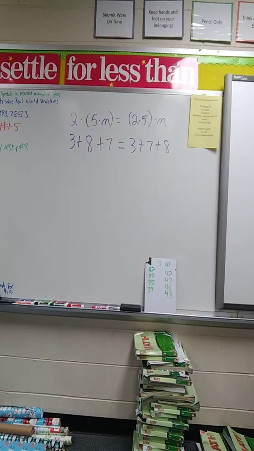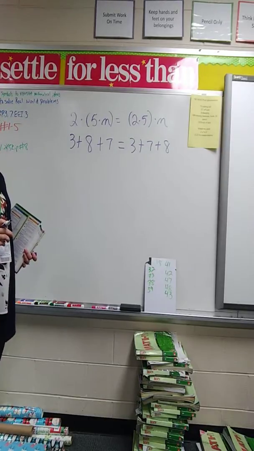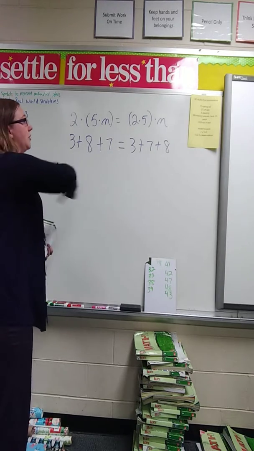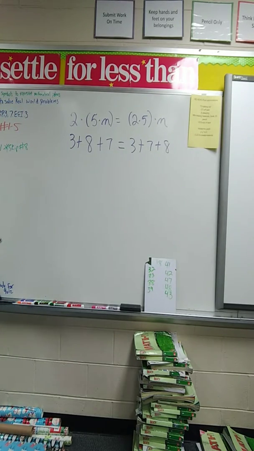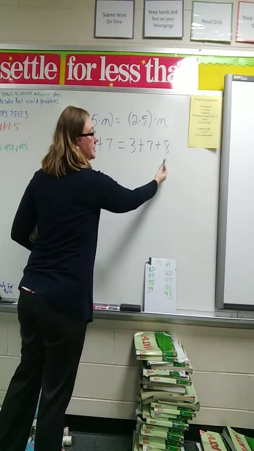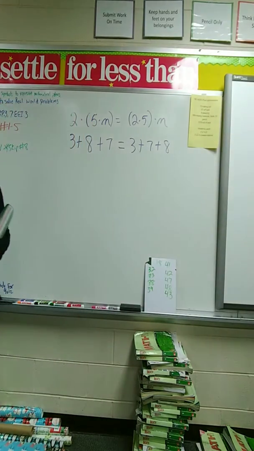The commutative property. Why does that show the commutative property? Right, because it changed up the order of numbers. Which would be easier to solve, 3 plus 8 plus 7 or 3 plus 7 plus 8? It doesn't matter, but